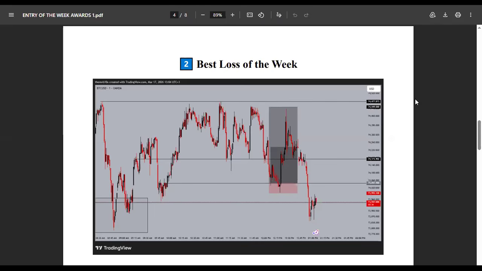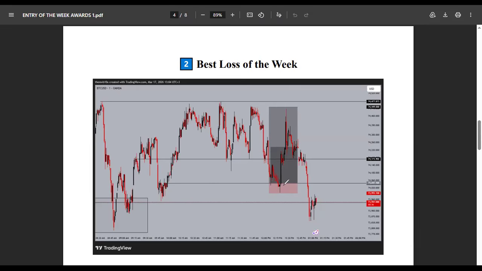Now, the next category is the best loss of the week. Okay, the best loss of the week. Actually, this is the entry that hit me. I got stopped out with this. It was on Bitcoin, the BTC USD. And actually I entered here, and